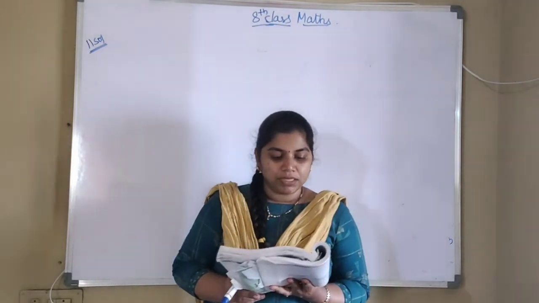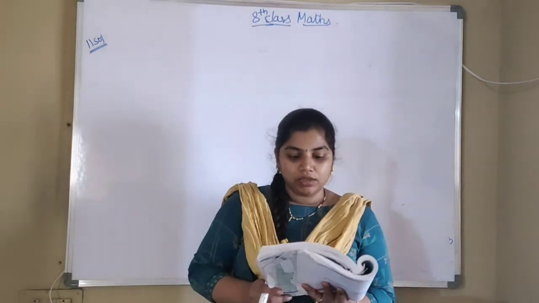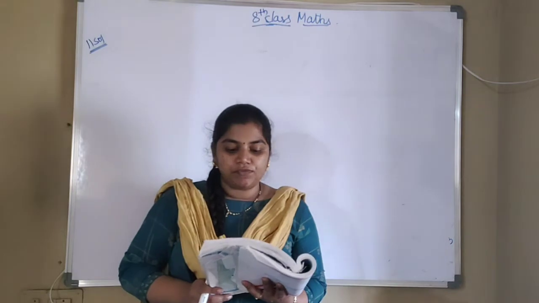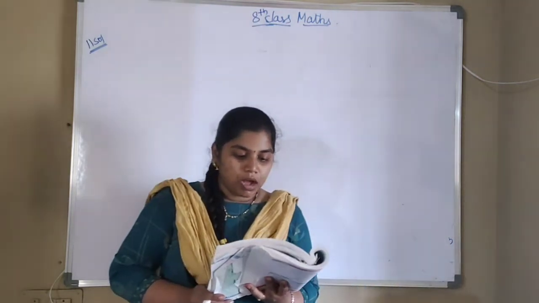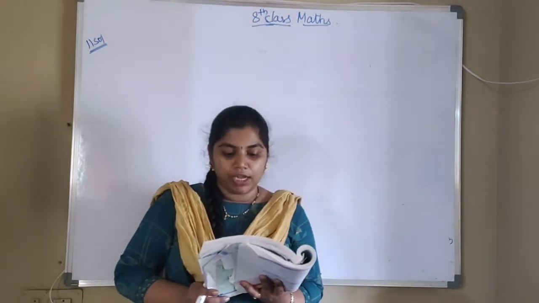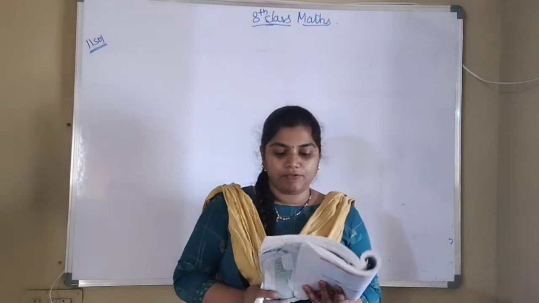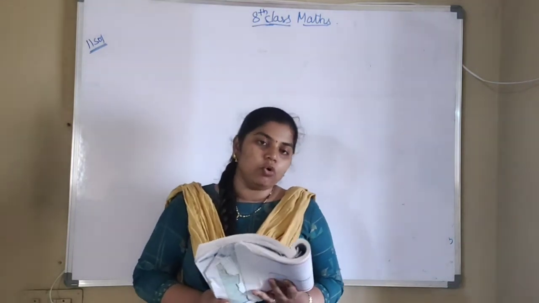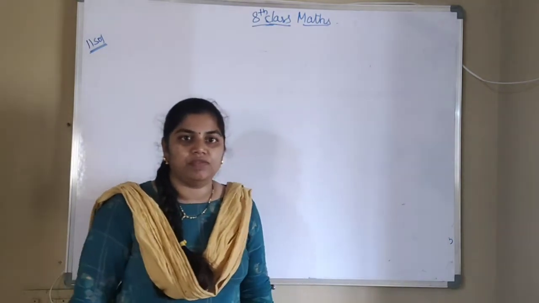So what is the principal value? 26,400 she has taken from the bank at the rate of how much? That is 15%, compounded yearly. So what amount will she pay at the end of 2 years 4 months? So what is the time here? 2 years and 4 months to clear the loan. So after 2 years 4 months, how much amount she will pay we have to find.